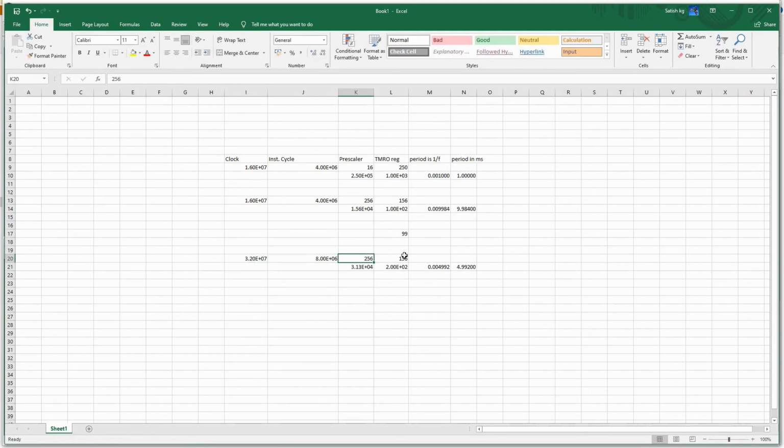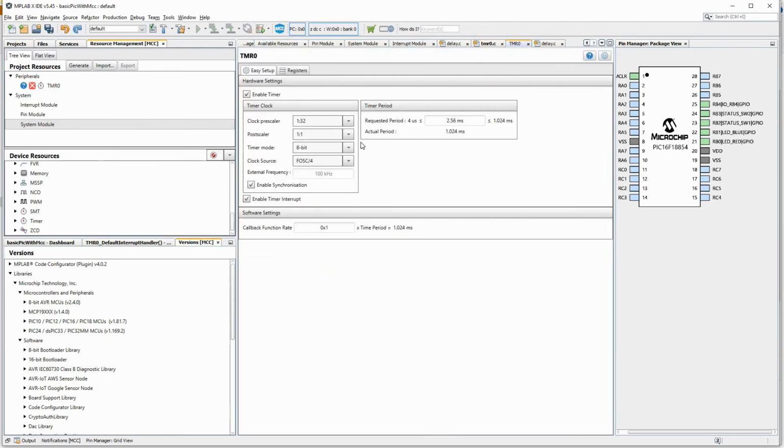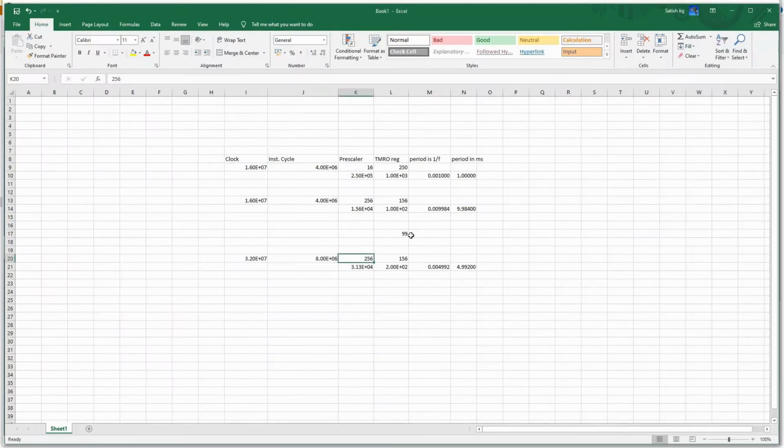Then our prescaler was, if you come to our 1:32. So I am dividing by 32 here. And postscaler, so this also has a postscaler which I kept to 1, and this is going to 255.